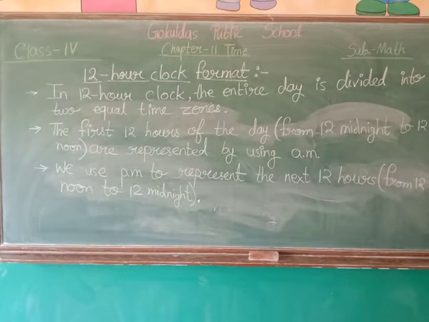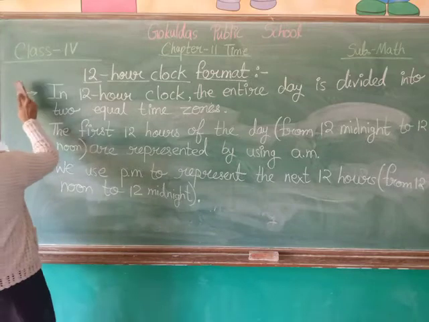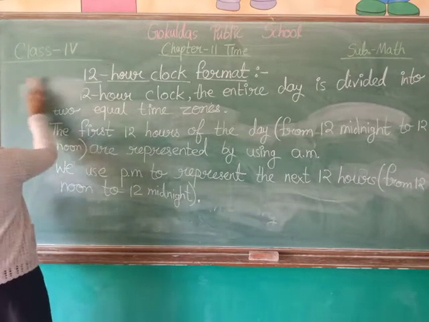Midnight means 12 o'clock at night, and 12 noon means it is the time in morning. Okay, I hope you have noted down all the points. Now, after noting down all the points,